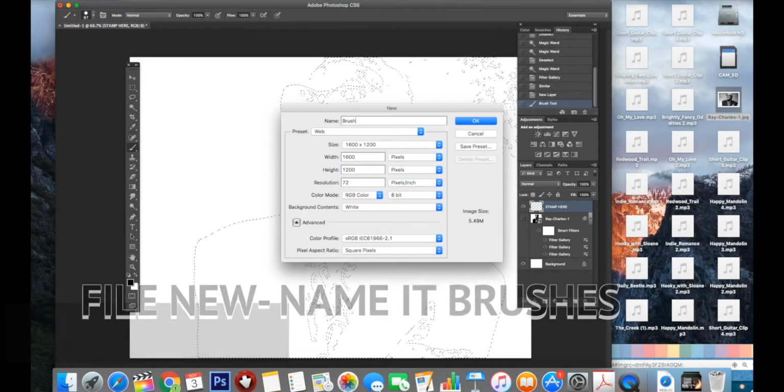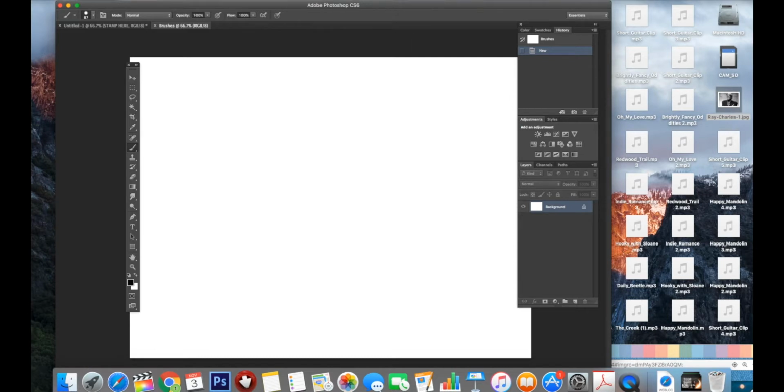New, name it Brushes, hit OK. On your toolbar, look for the T, which stands for text, click it, then click on your canvas and type a word that you would like. In this example, I'm going to type the word